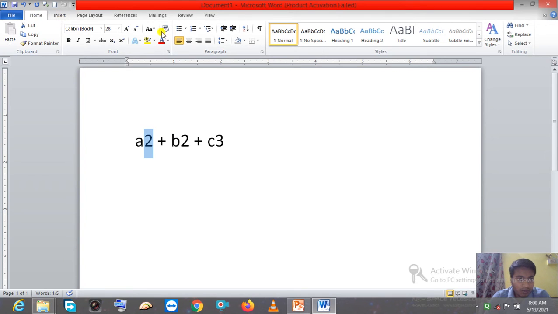In the home tab only. Here you can see in the font group this is the superscript option. We have a shortcut key also, control plus shift plus plus. But I am not using a shortcut key. Instead of that I am using the font group. You can see x square is written, that is only superscript. Now I am going to click on that and you see on the screen. The moment I click there, the 2 will go above the normal line.